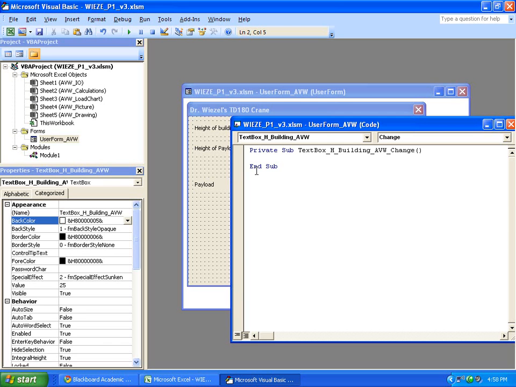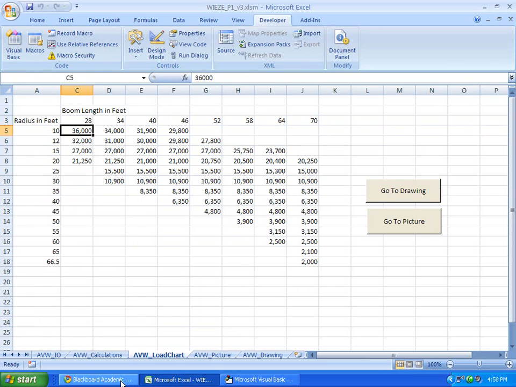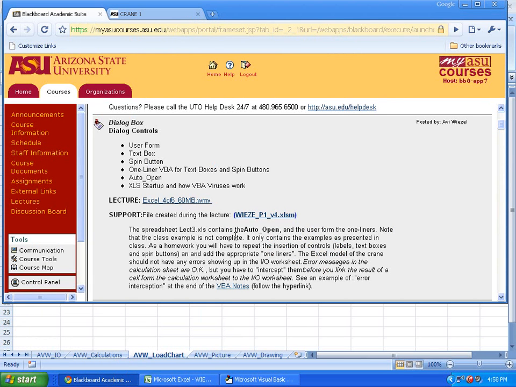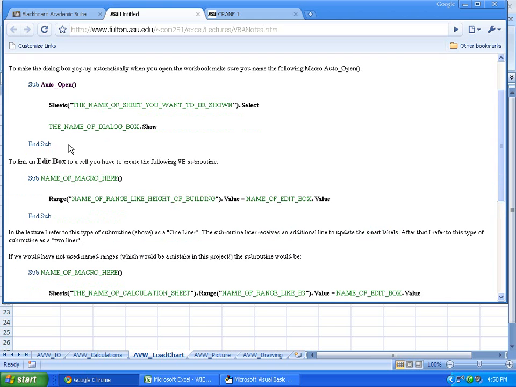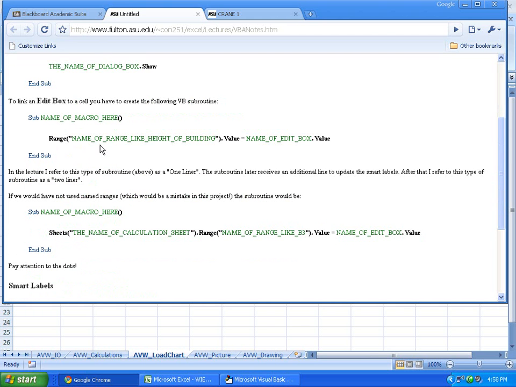Now the subroutine that we're gonna use, you need to learn it from somewhere, so I'm helping you out here. If you go to today's announcement, and you follow the VBA notes at the end of the announcements under support, I open it in a new window. We will talk about the auto open a little later. The one that we're interested in is